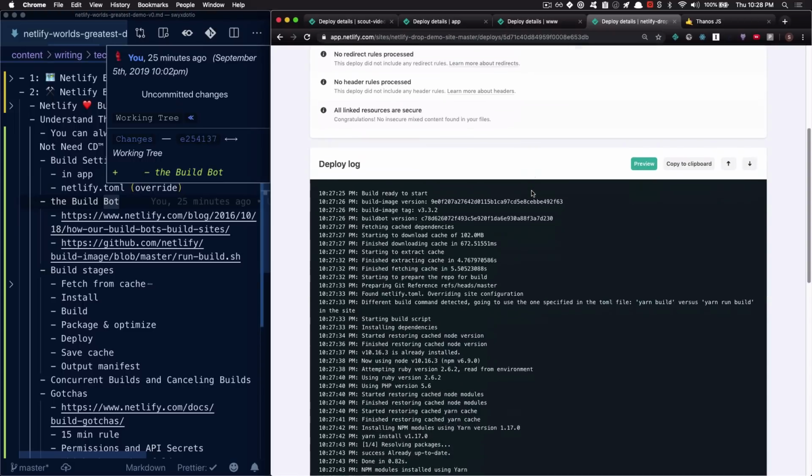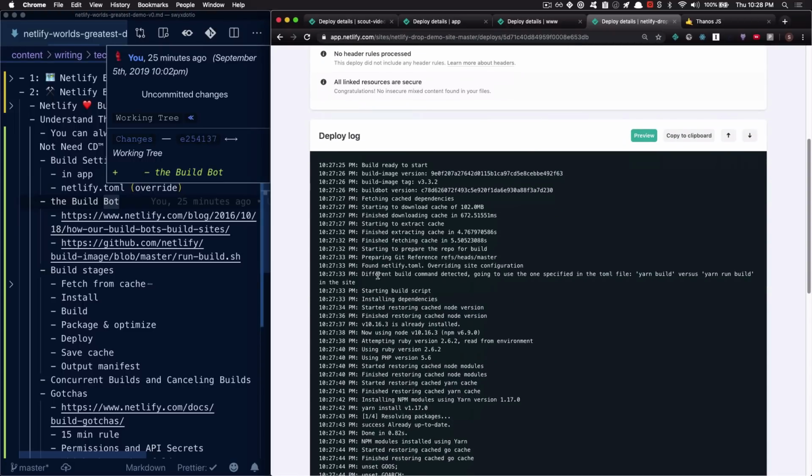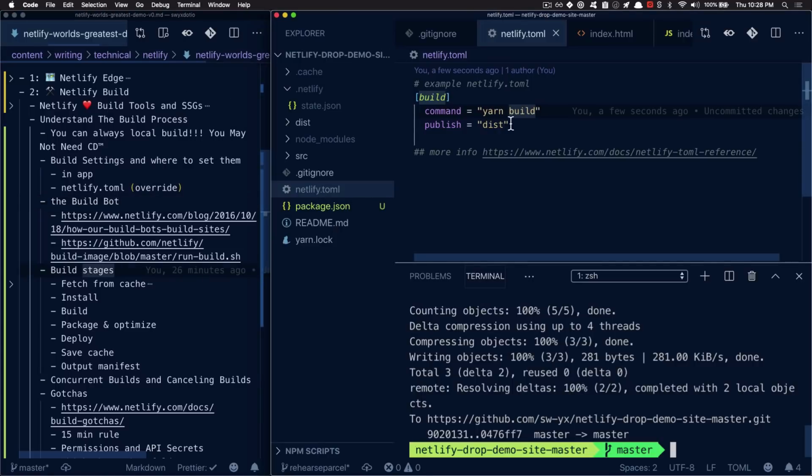Notice that this time, there's a special message printed over here saying there's a different build command detected, going to use the one specified in the toml file, yarn build versus yarn run build. So yarn run build is the first command that we set in the user interface, and yarn build is the second command that we actually set in netlify.toml. So this is higher precedence